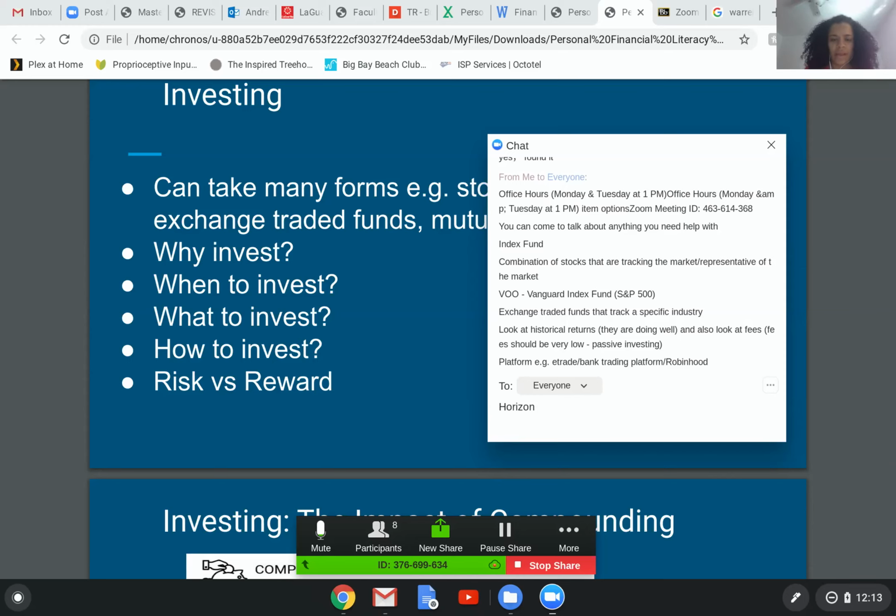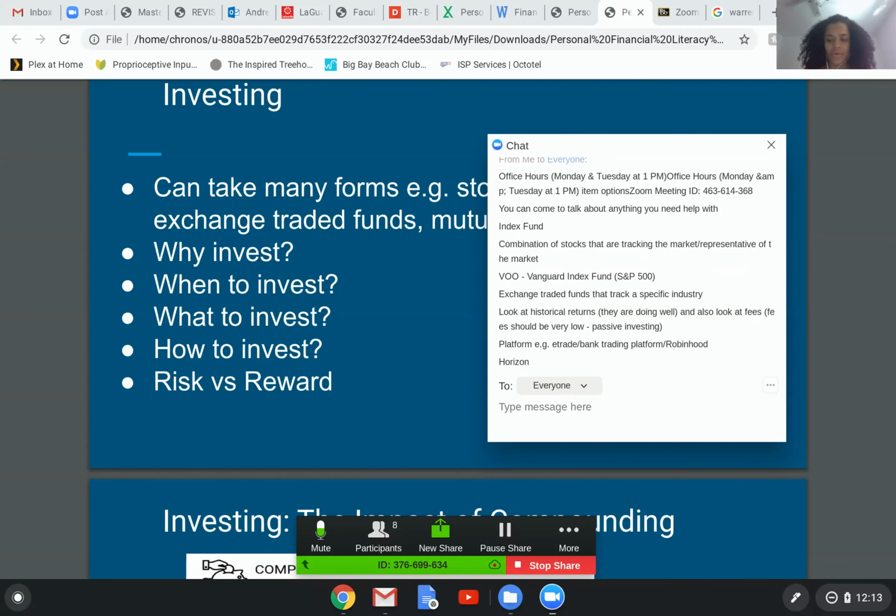You have to think about your horizon, like how long are you willing to leave money in an investment without trying to cash out because you're panicking, right? So I'll give you an example. In the 2008 crisis, and even now, I have retirement investments in stocks. In 2008, 2009, 50% of my retirement was wiped out. And I could have panicked at that point and said, I'm cashing everything out. But because of what I know about finance, I was like, no, I need to leave this in, because eventually the market will come back.